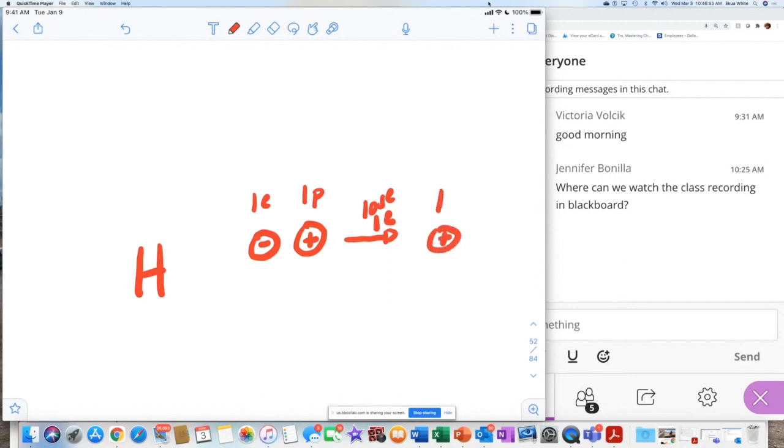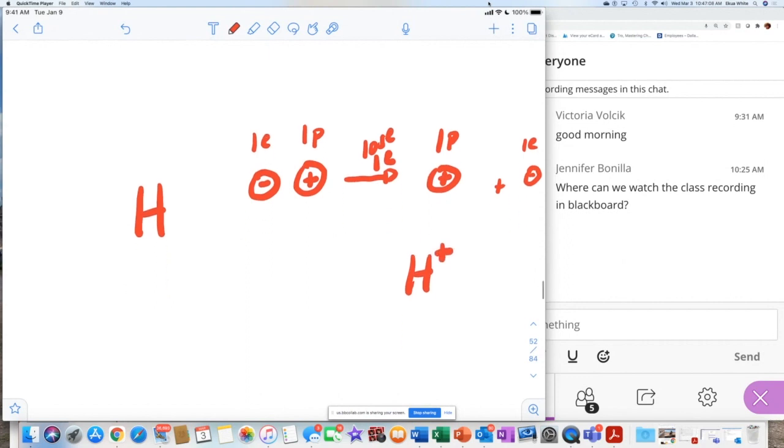1 proton. 1 proton. Because the electron is gone. I guess I'll show it right here to separate now. The electron is by itself. Okay? So since the hydrogen element remains, but it now has a charge of positive, this ion that's formed is called hydrogen ion,